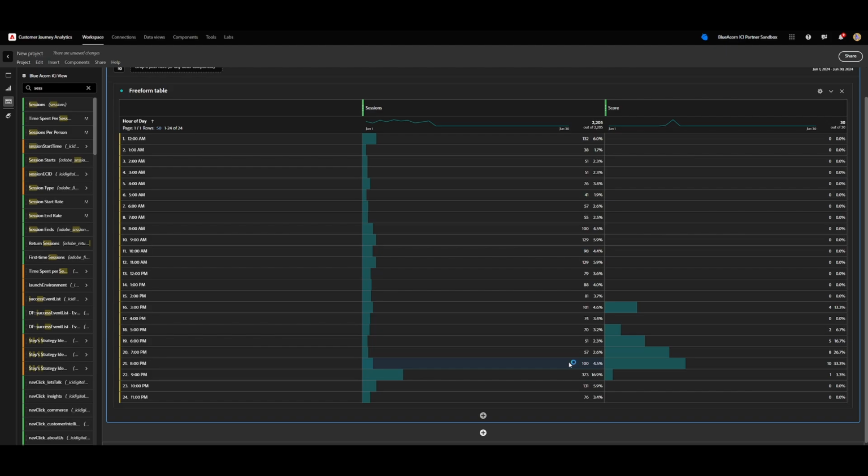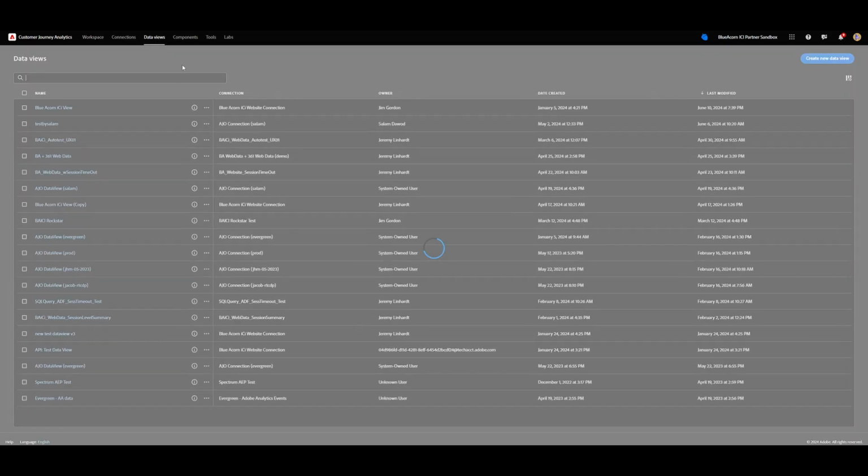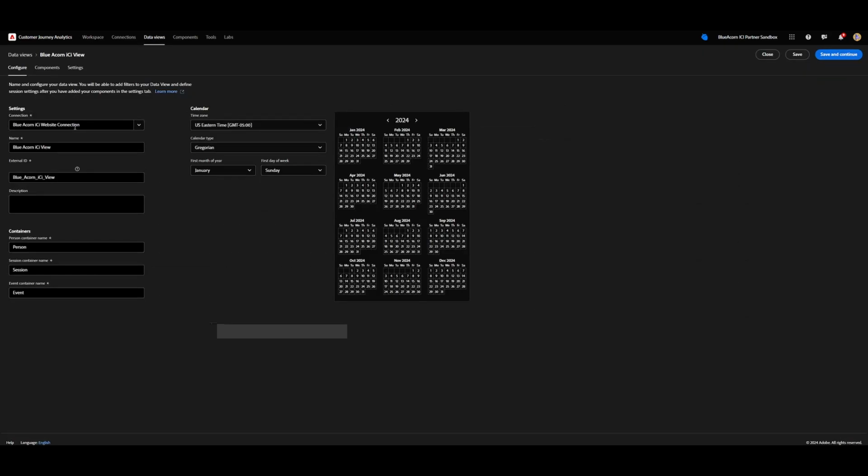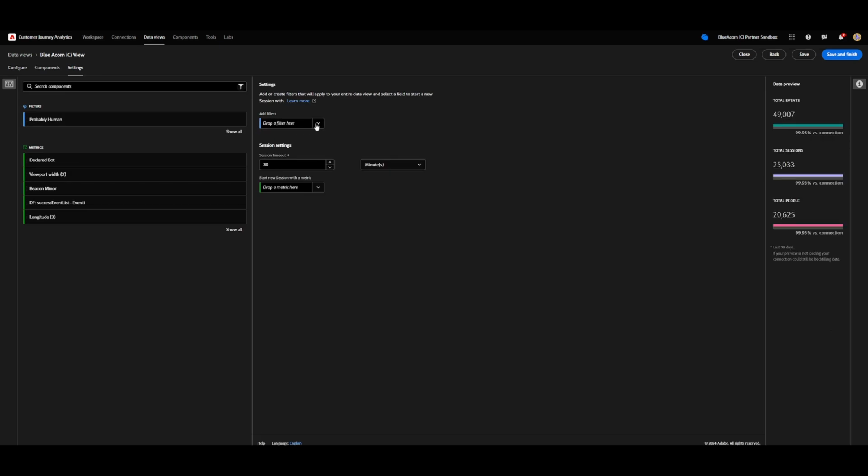So my recommendation would be to look at this data and validate it and ensure that it looks good to you. Because if it does, what we're going to do next is actually completely exclude this data from our data view. So the data that we're looking at does not include bots or spiders. So let's go back to data views. And I'll click into the blue acorn view. Go to settings. And we'll create a filter here